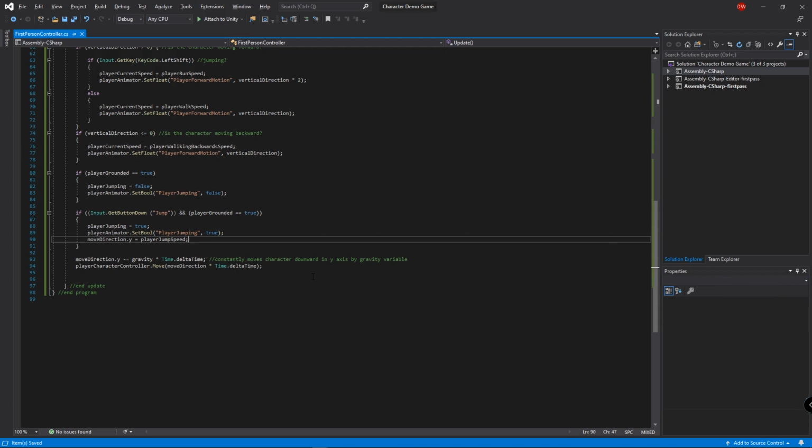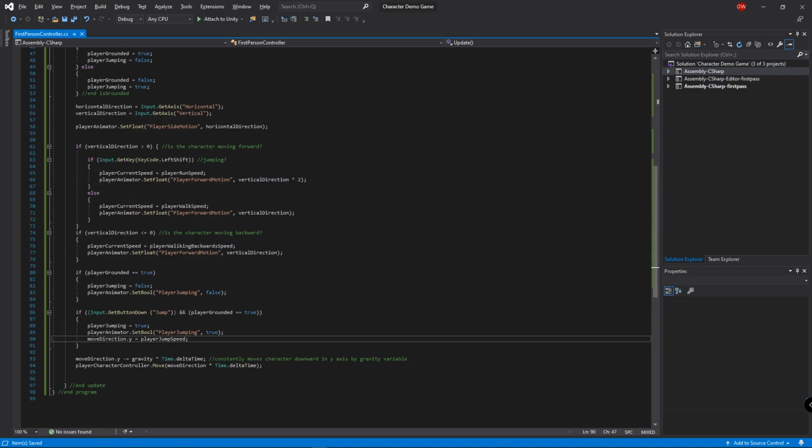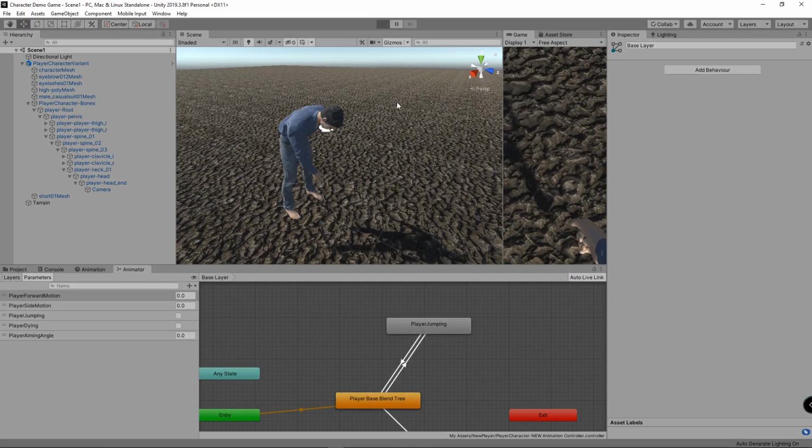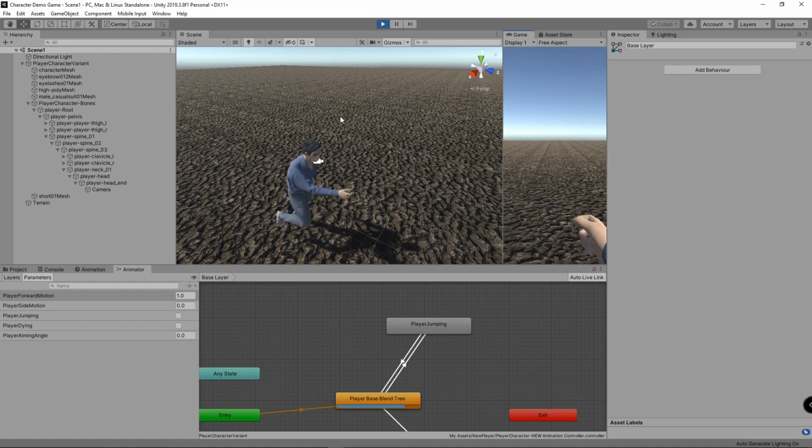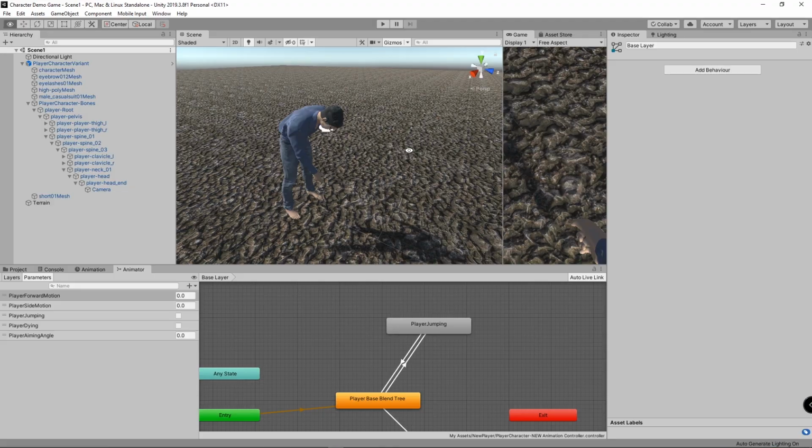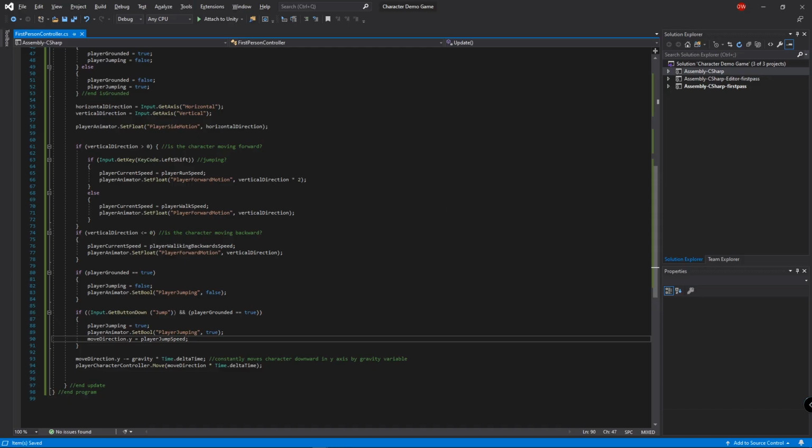So now we have, let's see here, we did player character controller, player, okay. So now what we need to do is set up our move directions for actually moving around side to side. So if I go back here and I hit W, you see he's still not moving along the terrain. So what we're going to do is right under our if vertical direction is less than or equal to 0,